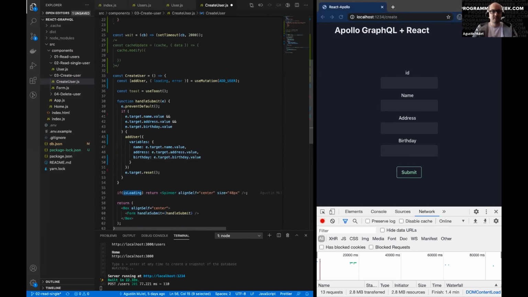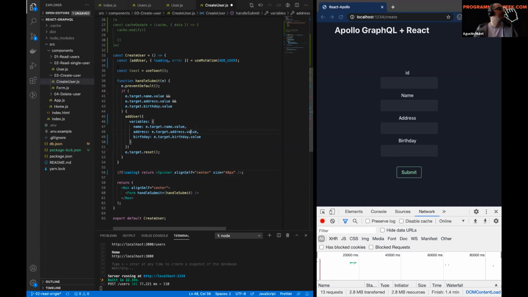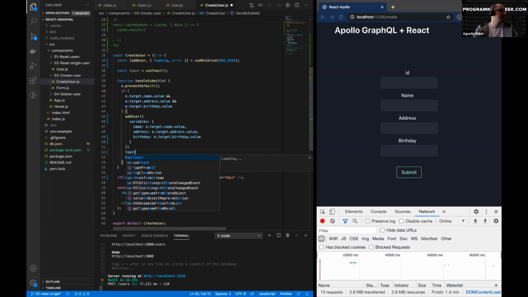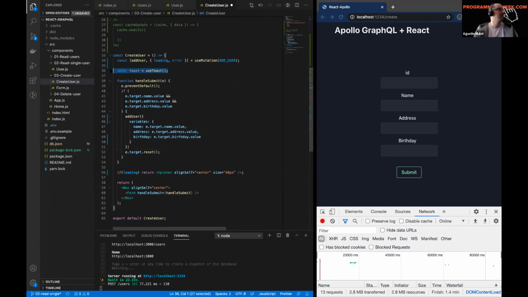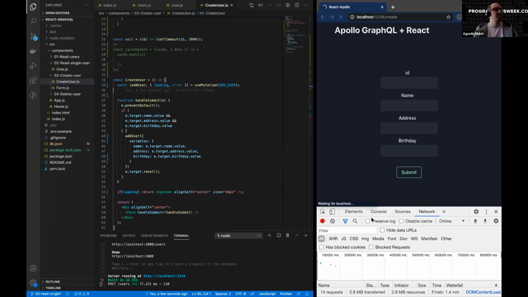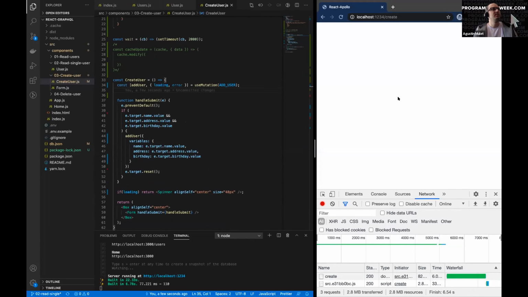Okay, if everything goes right, loading doesn't exist, so it's isLoading, sorry. And we are not using toasts. If everything goes right, we can just call it toast. Oh, I should have gotten it from earlier. Well, we're going to check this right here. If we save this, we can see that if we try to create the user,